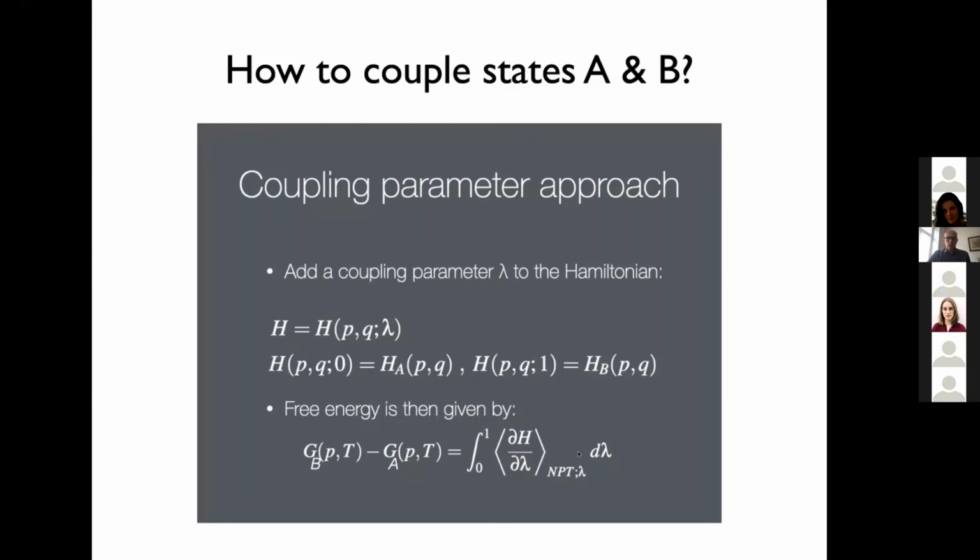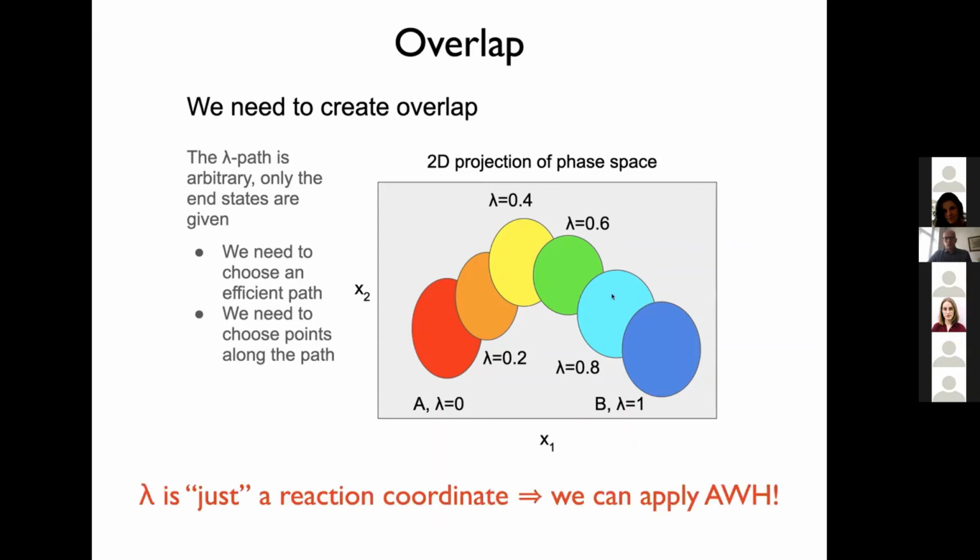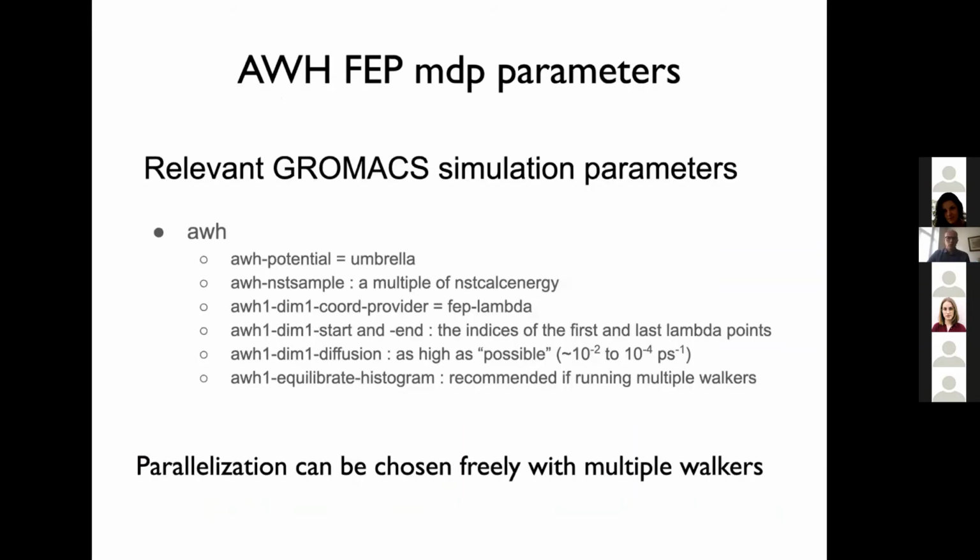But what you're actually doing here is having a reaction coordinate lambda, and you're trying to map between one part of phase space where the system samples, for instance, lambda 0, this red area, and at lambda 1, the blue area, and trying to connect them through reaction coordinates. You need to find a good path, of course, but again, this is very much like what AWH does. So you can say lambda is just a reaction coordinate, and then we can apply AWH to this reaction coordinate as to any others. That's what Magnus has implemented in GROMACS,